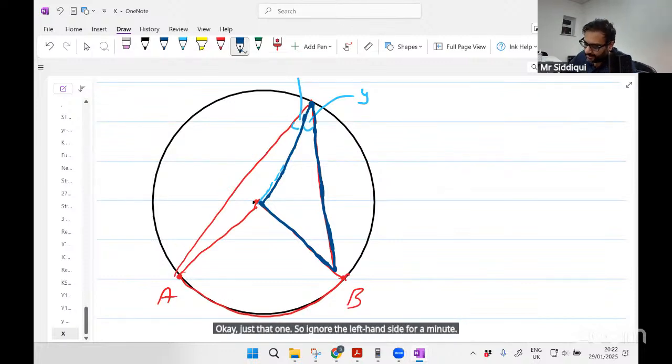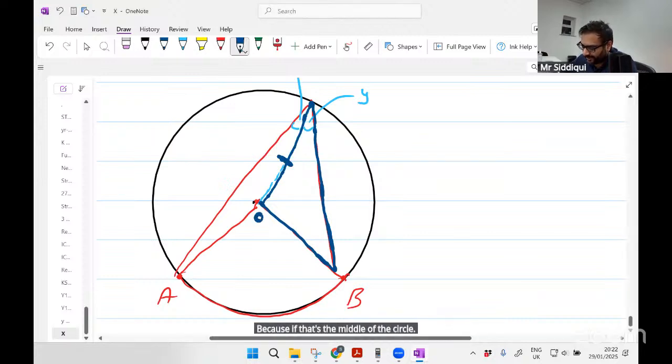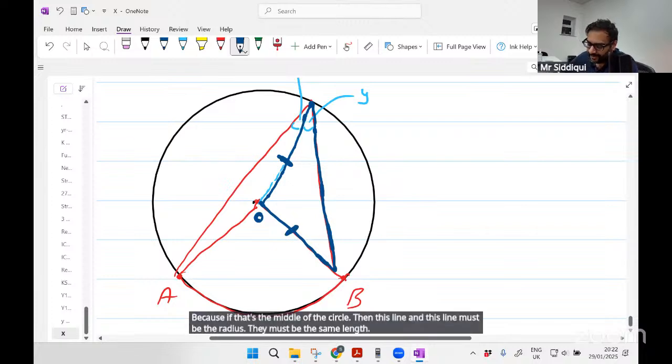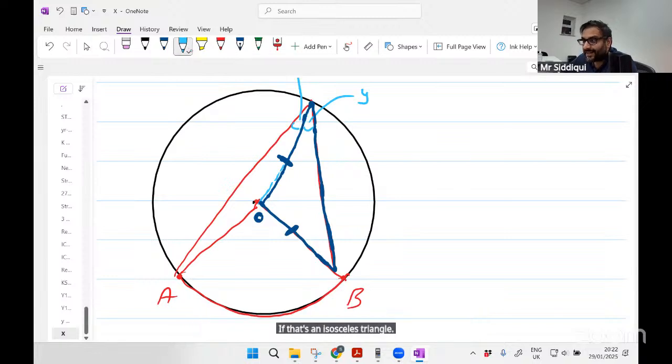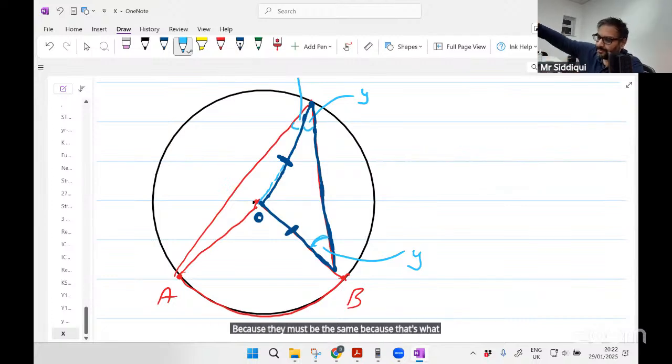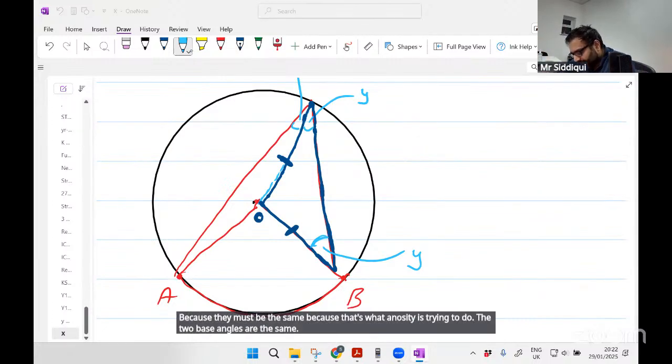You should realize that what you're looking at here is an isosceles triangle, because if that's the middle of the circle, then this line and this line must be the radius. They must be the same length. If that's an isosceles triangle, then this angle here must also be y, because in an isosceles triangle the two base angles are the same. And then this angle here,